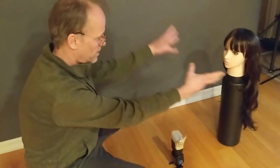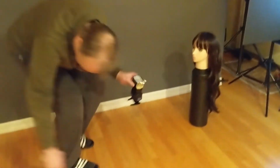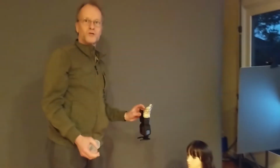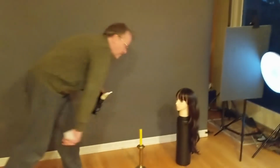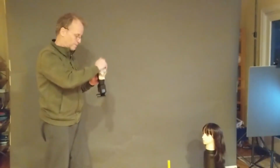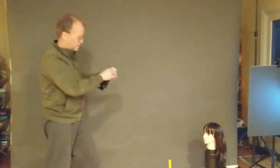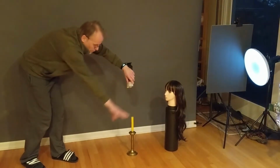This provides an orange glow on the face. I have a little orange filter here somewhere that gives that orange glow. So the first shot I'm going to take is with that flash here. The second I'm going to take is with the candle lit, and that gives me just the flame. And for the first shot, I'm going to hold this flash upside down